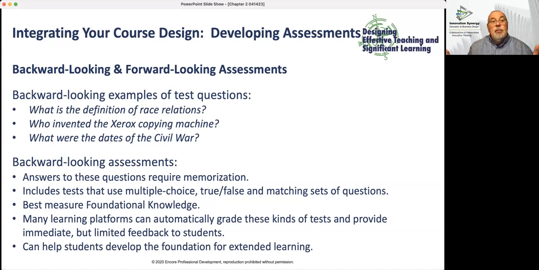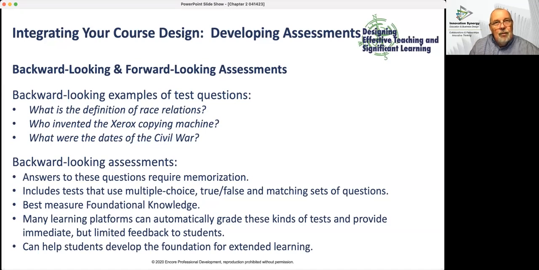Some of these were multiple choice. Some of them were short answer and you had to write them out, all right? So backward-looking assessments usually require memorization. They include tests that use multiple choice, true, false, those kinds of things. Measure foundational knowledge. Get that, it's very important. They measure the easier foundational knowledge kinds of things. You want students to know something, to memorize it, to be able to identify it, and then you're going to